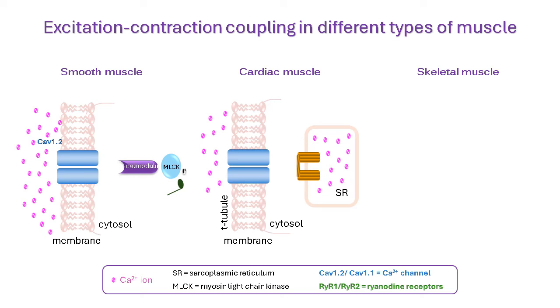As in smooth muscle, the calcium channel mediating excitation-contraction coupling in cardiac cells is Cav1.2. But this time they work in coordination with calcium channels in the SR membrane, which control the flux of calcium out of the SR store. The calcium channels in the SR are known as ryanodine receptors, as they were first identified from the ability of ryanodine to activate them. They are encoded by the RYR2 gene. The Cav1.2 channels are strategically localized in the plasma membrane directly opposite the SR ryanodine receptors, which are only a